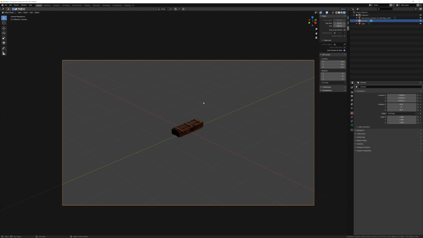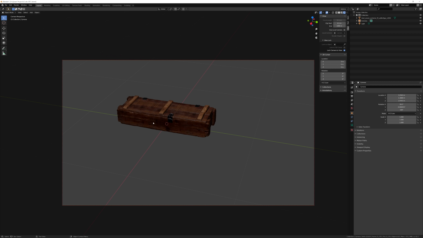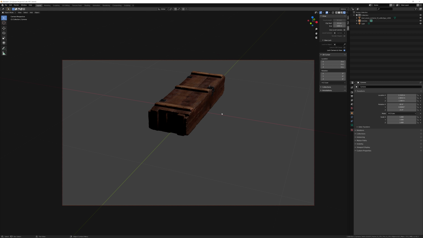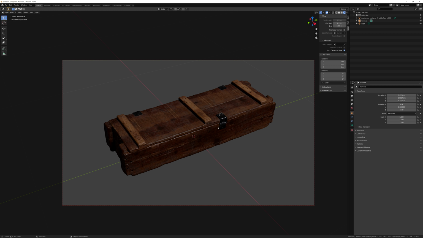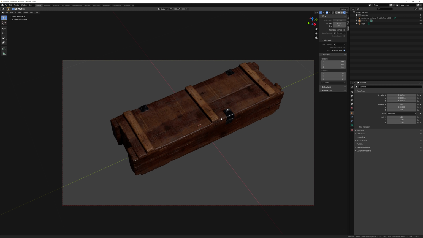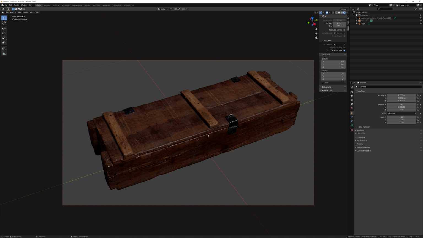While we're within the camera, if we zoom around, you can see that the camera is being locked to our position, and we can reposition the camera anywhere in the viewport without the worry of it deselecting itself like it normally would. So I'm just going to reposition the crate to somewhere that we like.